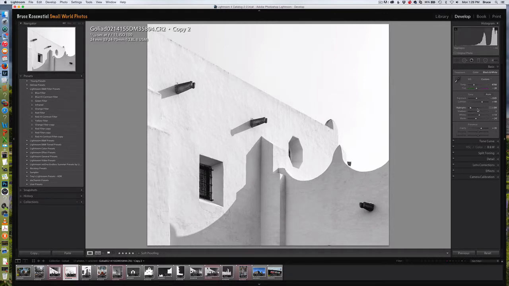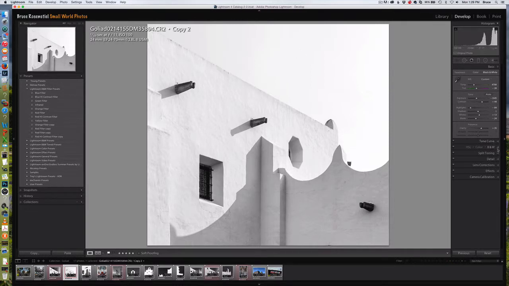We're going to leave the shadows alone in this particular case. And this is our starting point now. And so we've brought out the shadows kind of nicely here, a nice contrast with the white. You've got some nice texture on the walls. But now what we want to do is bring down the white of the sky so that it creates a